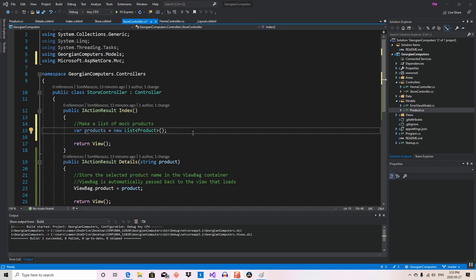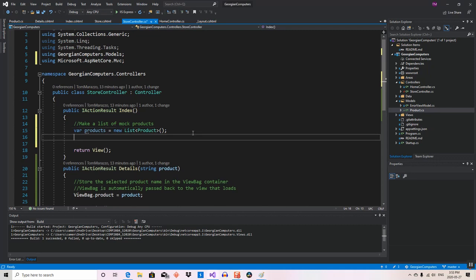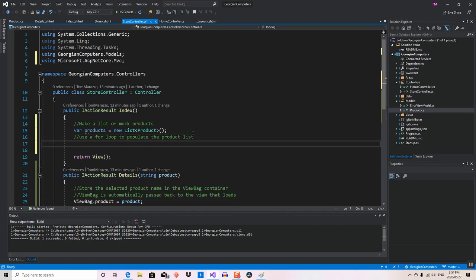So because I'd like to populate just to say that we've got 10 different products, I'll use a for loop to do this, because it's the best way for me to get the increment from 1 to 10. So I'll just use a for loop to populate the product list. Okay, and it's a for loop. So for,